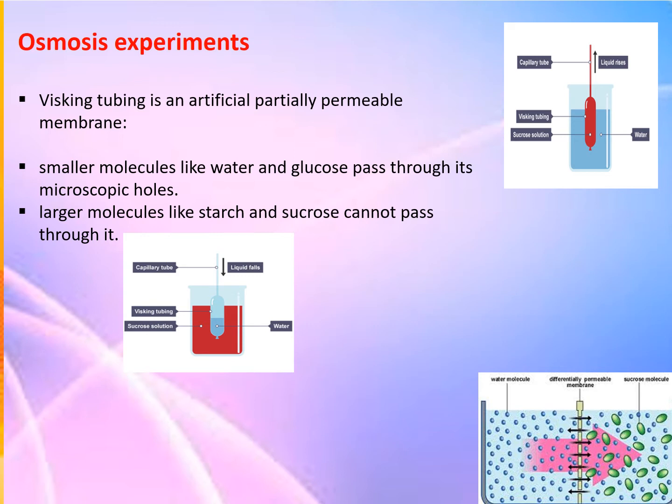Now see this picture. Here, the opposite happens. I have filled the visking tubing with water, but outside is sucrose solution. Think, what will happen? Can you imagine? What will happen to the water level in the visking tube? You know, visking tubing is partially permeable and only water can go through it. Then what you can observe is the water level in the visking tube falls, because it goes to the outside sucrose solution. This happened because of osmosis.